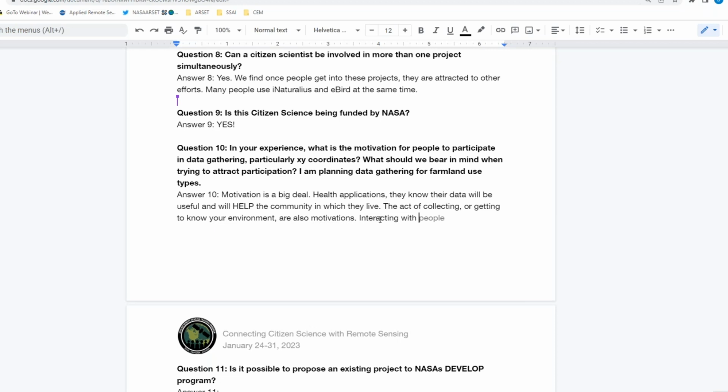Katie, thanks for bringing up that land cover piece, because farmland is one of those things, right? It can easily go into people's background. They see it all the time. They don't think it's novel. Why am I collecting this information? Oh, somebody else is going to do it. That sometimes comes across if you don't make it clear why you're asking them to collect information about what you're doing,